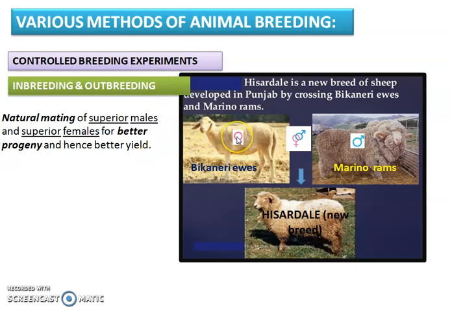I would like to mention here the crossbreeding example. Because I was dealing with cattle, I explained with examples of two different breeds of cattle, the cross of a cow and a bull of two different breeds. But please also go through this example of sheep, because this is very important, as given